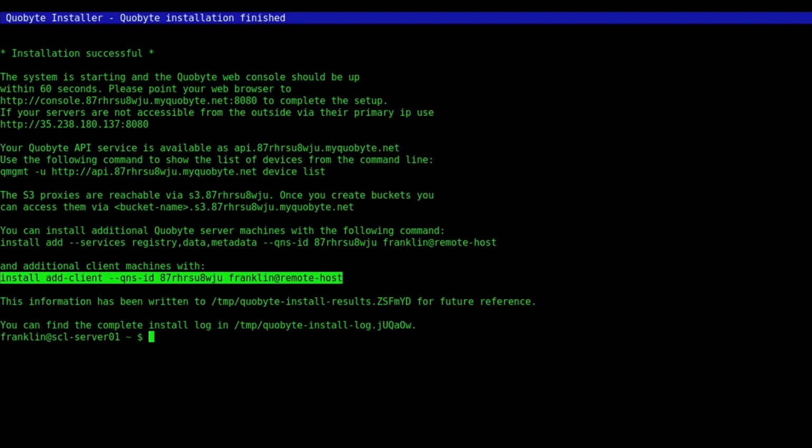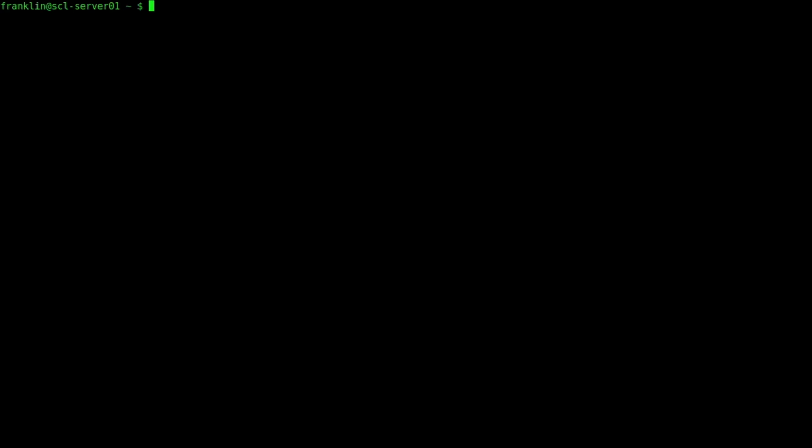The next section will show you how to install the Quobyte Linux client with the Quobyte script. When you first install Quobyte, the installer gives you information on how to add servers and clients to your cluster. For the second installation, we'll use the line of code provided by Quobyte. But first, we need to change the permissions on the install, and we will do this with chmod +x